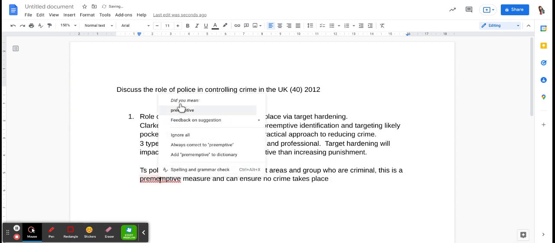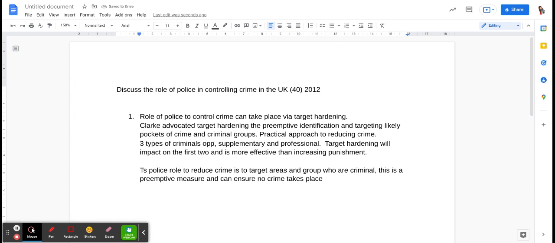The role of police to reduce crime is to target areas and groups who are more criminal. It's a preemptive measure that ensures no crime takes place and therefore crime is controlled, as no crime takes place at all. So that's how the police control crime. Their role is to control crime by targeting areas or groups. Okay. However,